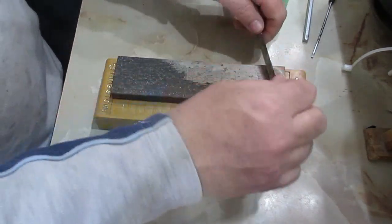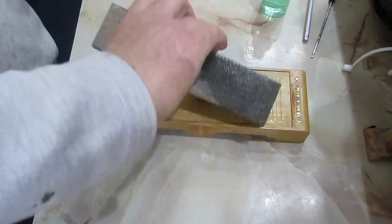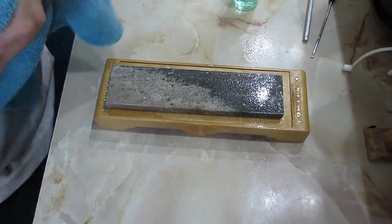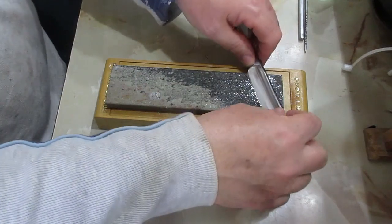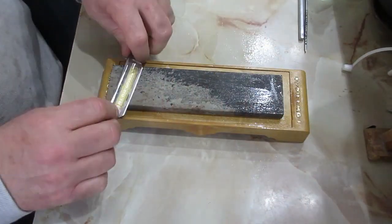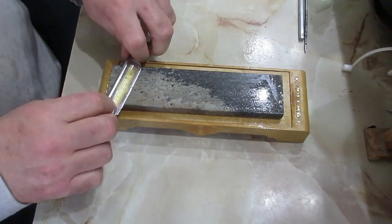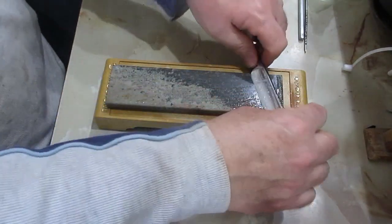But every time I go to do that, there's always something else that I think is more important or more appropriate for me to spend my money on. Just like everybody else, we got hard-earned cash, and you got to spend it wisely. So what I do is I have this surface that is coarser, and then I've prepped the soft on the other side for a finer finish, and I will go there in just a few more strokes actually